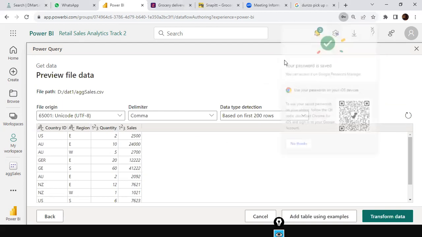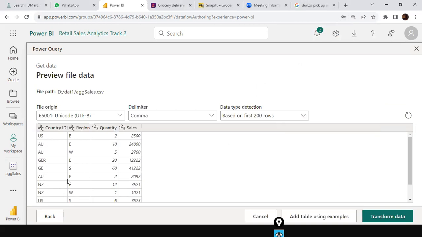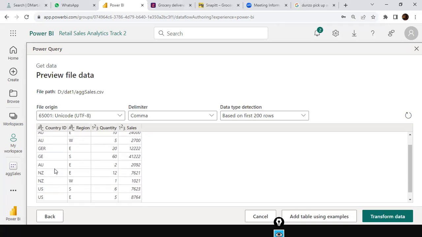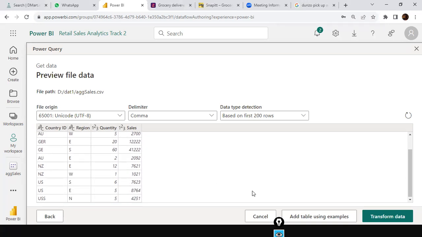And okay, and here you can see that data, right? So now this data got read from my laptop. This data got loaded onto your Power BI cloud service from my laptop. Okay, and we can see the same issues, right? US and Germany. Instead of having Germany only one record, right? So similar value here, GEG. Here we see a conflicting value, or inconsistent values. Okay, so now here I'm going to